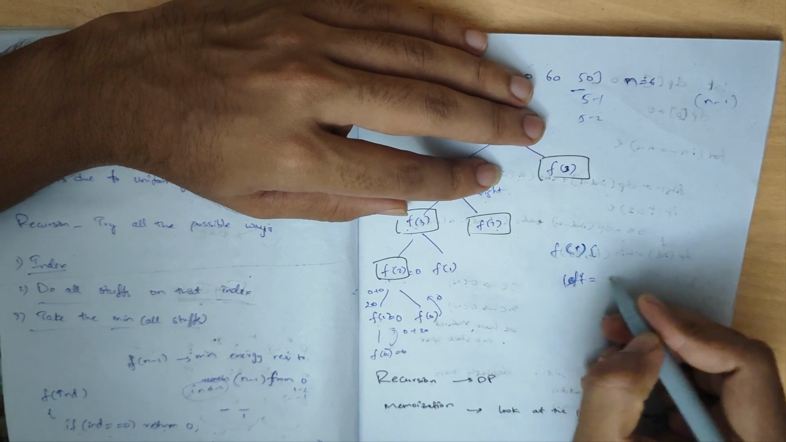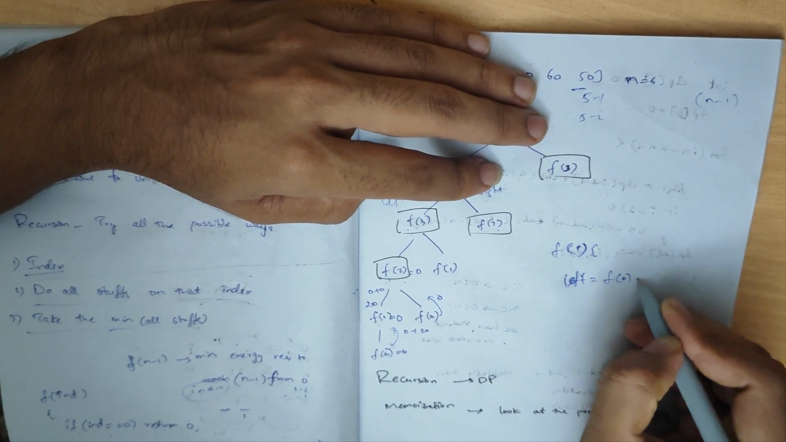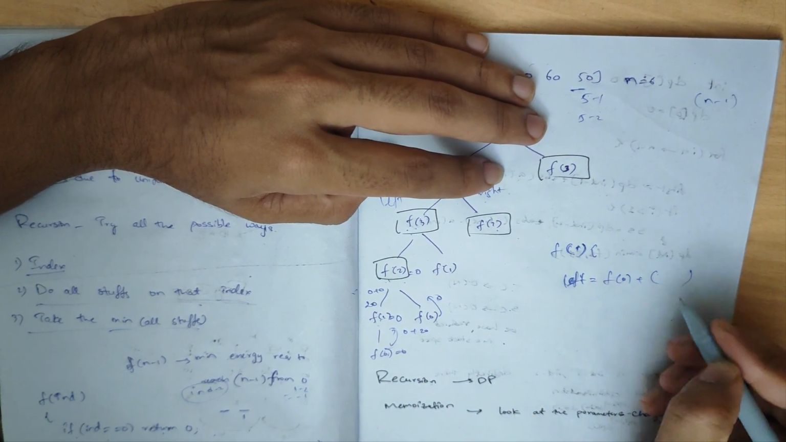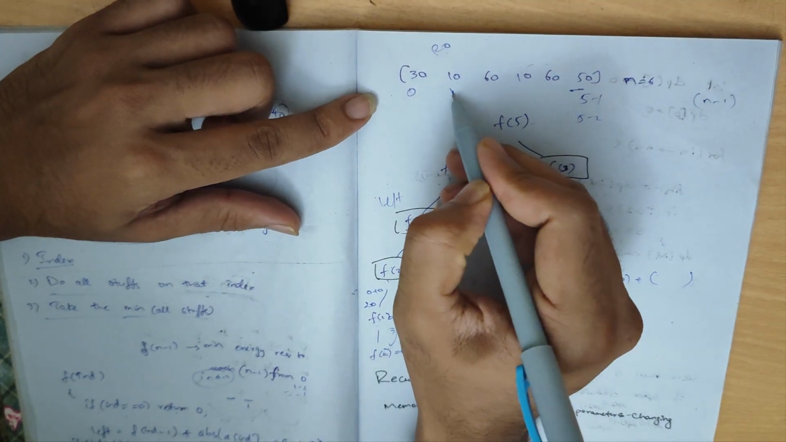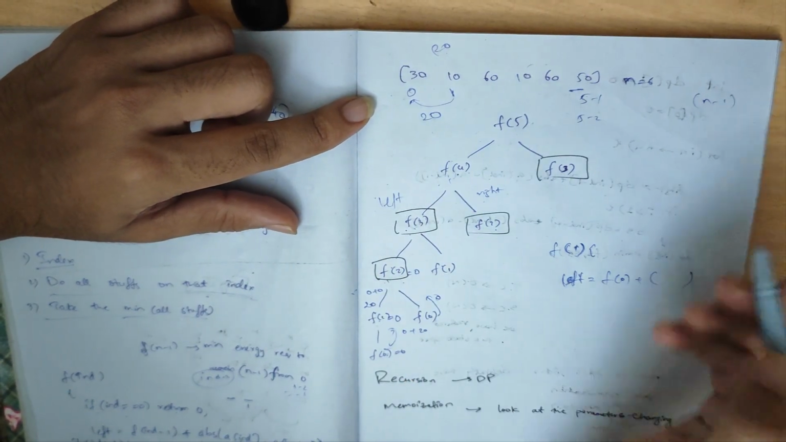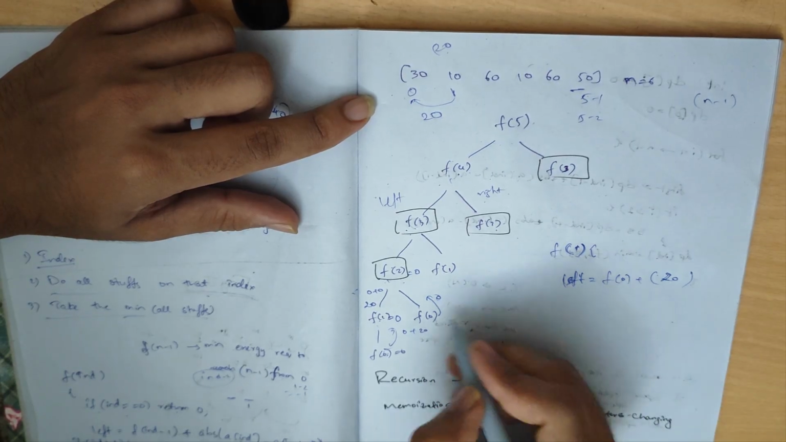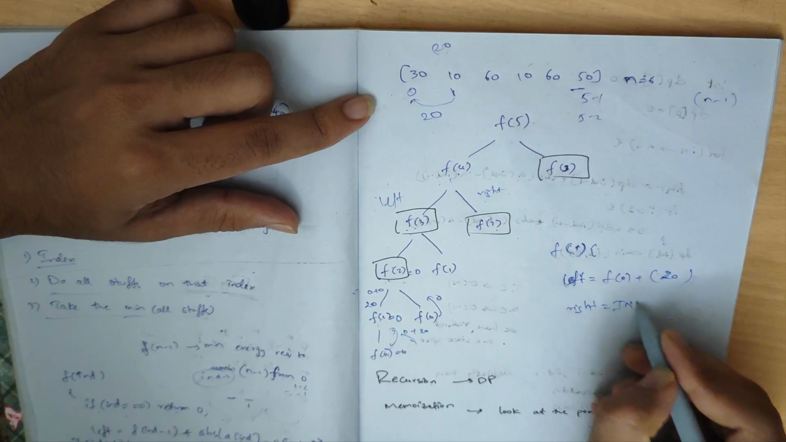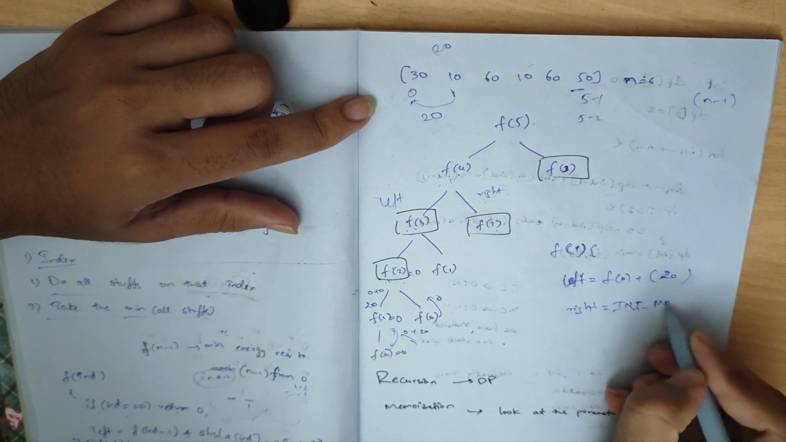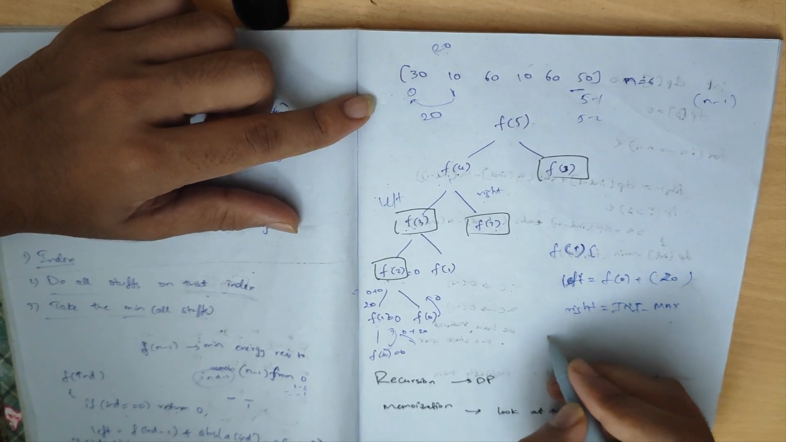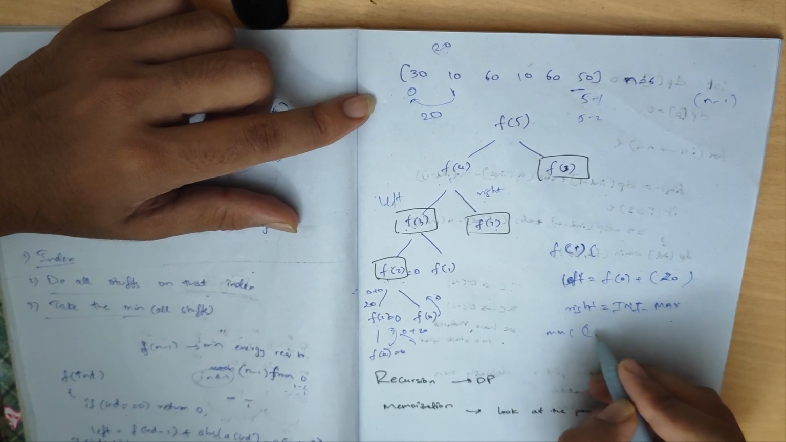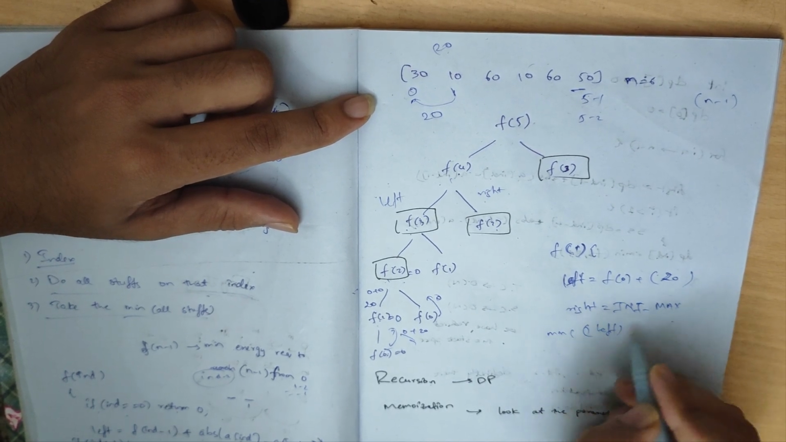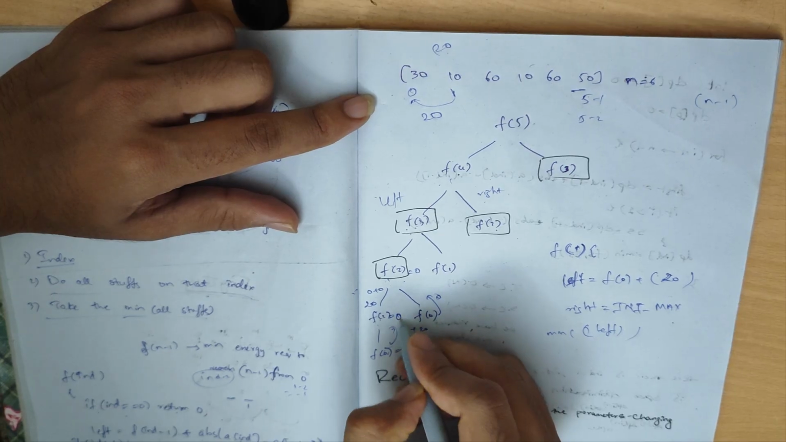left is equal to f of 0 plus the array difference. The array difference is, you see, from 1 to 0 the difference is 20, and when it comes to right there is no right, so let's assume it is max, and the minimum of both is left. So f of 1 is 20,